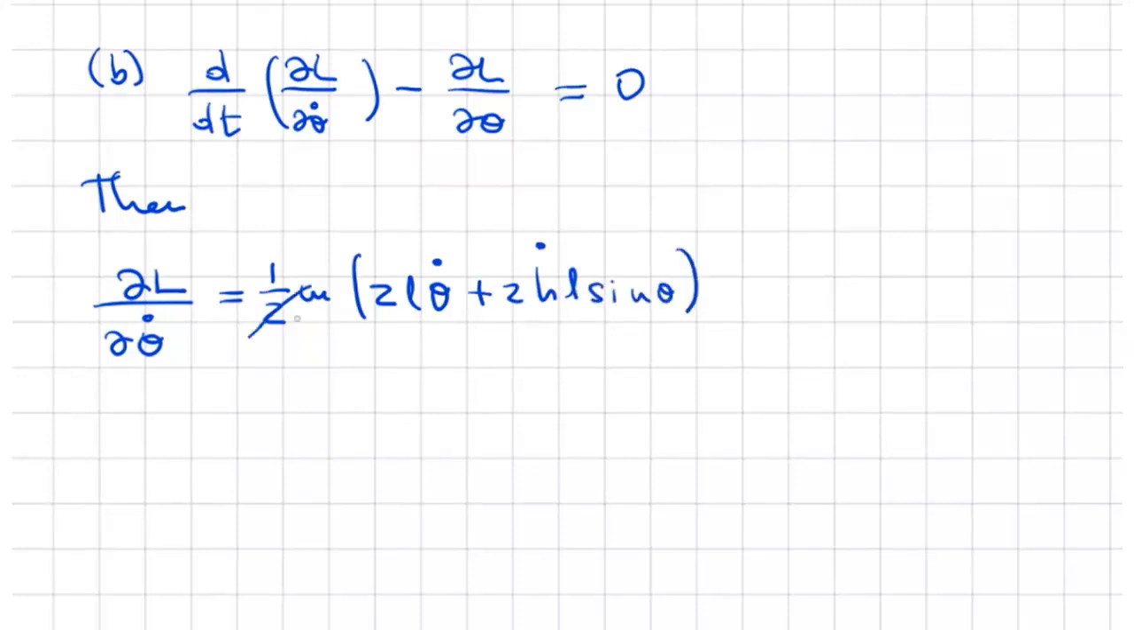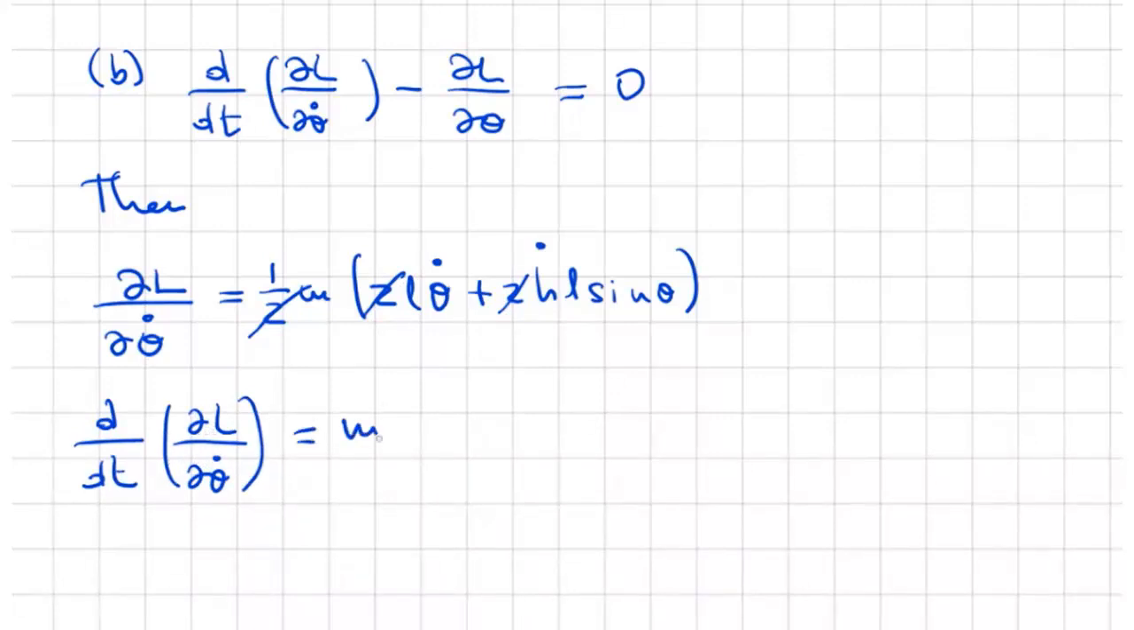We can simplify these two. Now we calculate the derivative with respect to the time of this expression. So let's do this. Derivative with respect to the time of dL/dθ̇, and this is going to be m. Okay, the derivative, because theta is a function of the time, we calculate θ double dot, right? We are derivating theta with respect to the time,